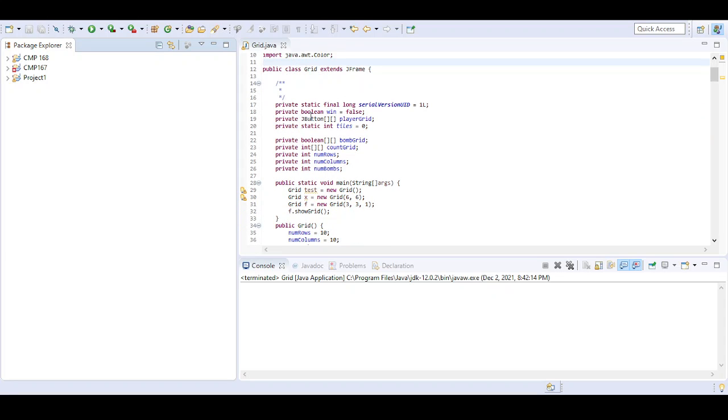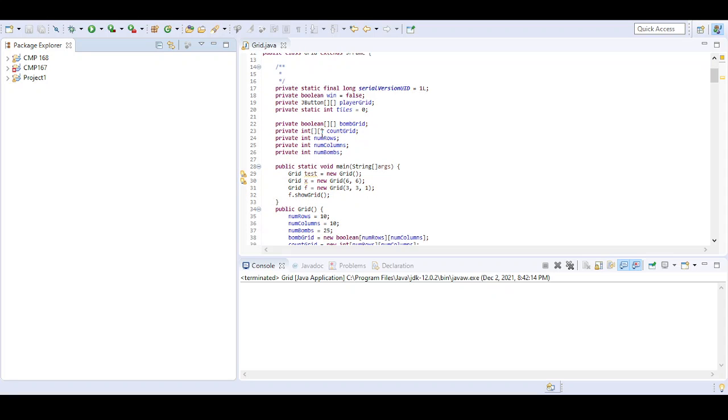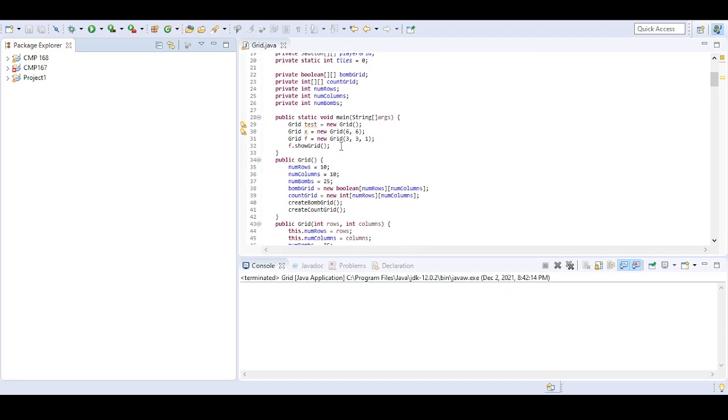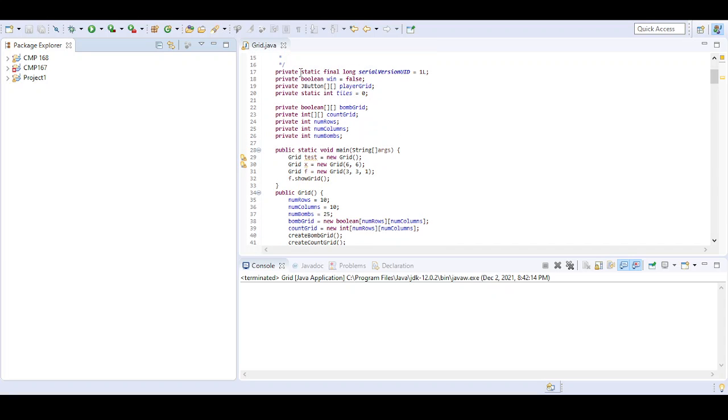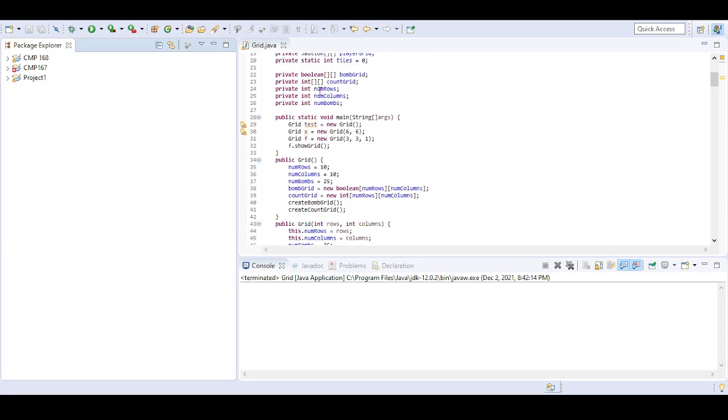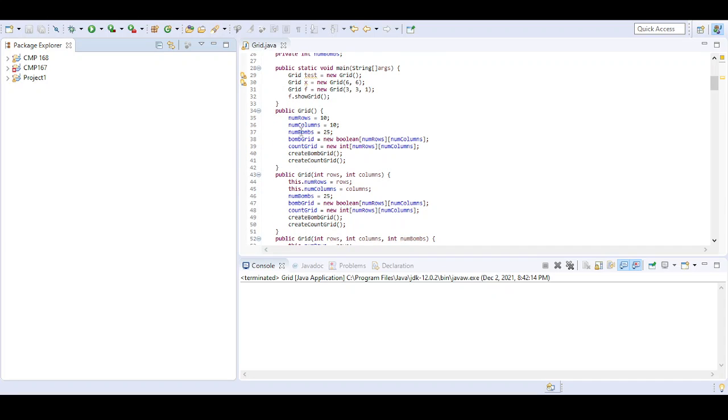Down here, we have the methods. We have all the methods for the constructors. We have the bomb grid, count grid, num rows, num columns, and the num bombs. And right above them, we have some of my own methods that I use for the actual game. Down here we have the default constructor for the grid, where it sets all the default